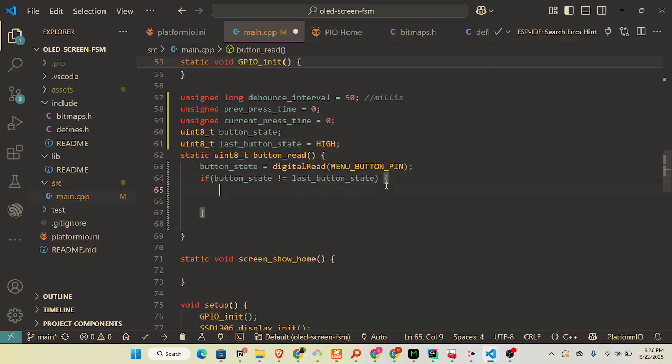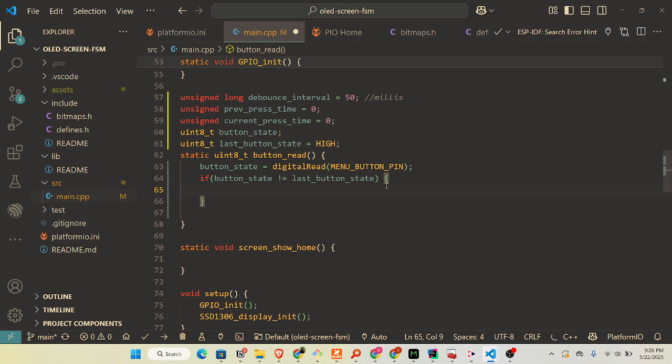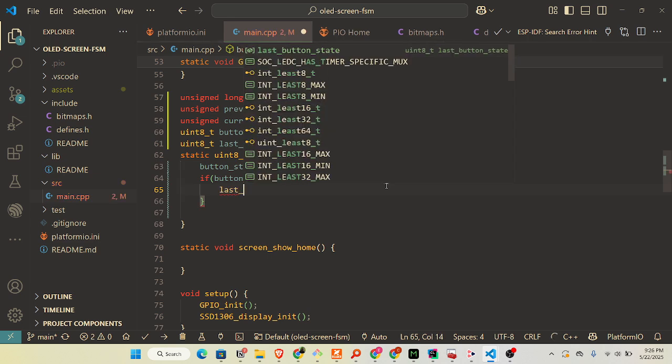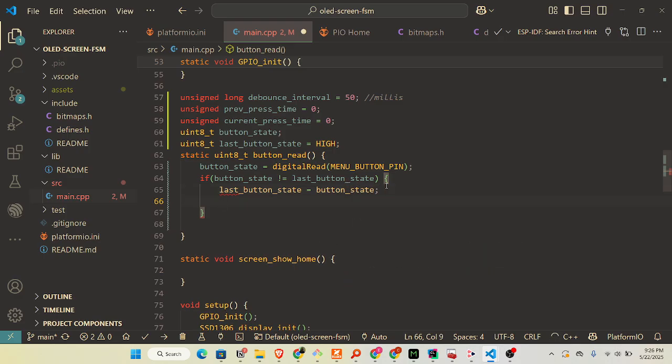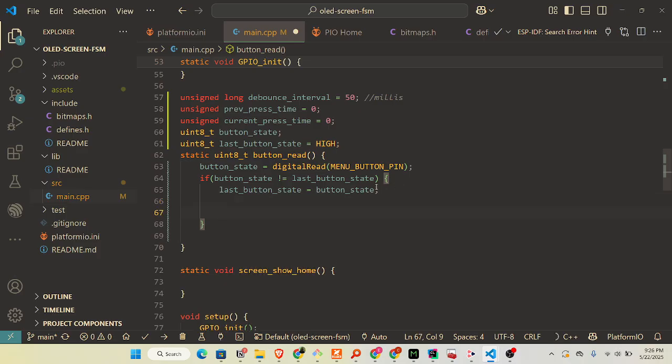So if there's a change, that means we need to update the last button state to be equal to the current button state. Okay, let's go to button state. And now the next thing we do is action. What action are we carrying out if there's a change? We can increment the count, we can turn on an LED, but what I'm gonna do is just